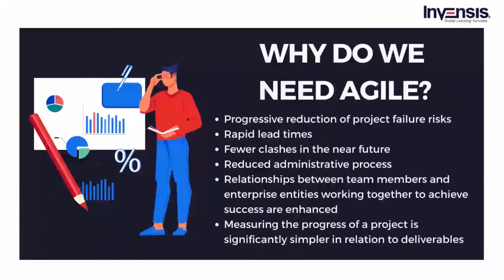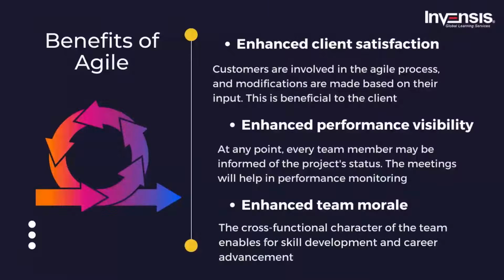Progressive reduction of project failure risks. Rapid lead times. Fewer clashes in the near future. Reduced administrative process. Relationships between team members and enterprise entities working together to achieve success are enhanced. Measuring the progress of a project is significantly simpler in relation to deliverables. Now, some of the benefits of Agile project management and the reasons why firms use it for project management are: